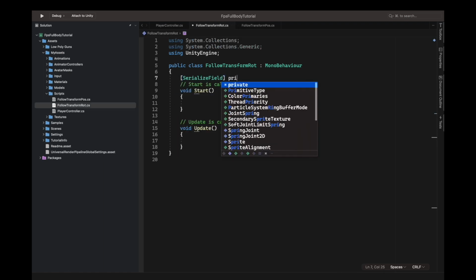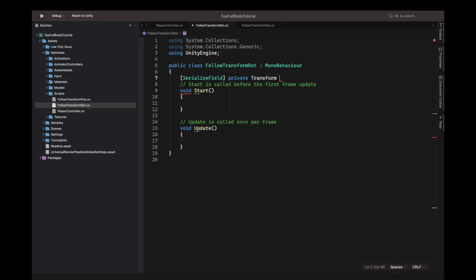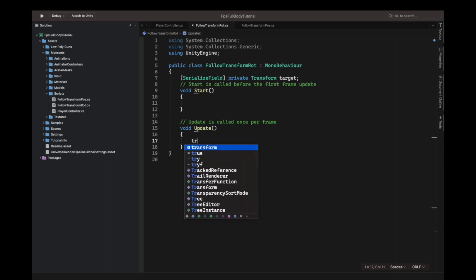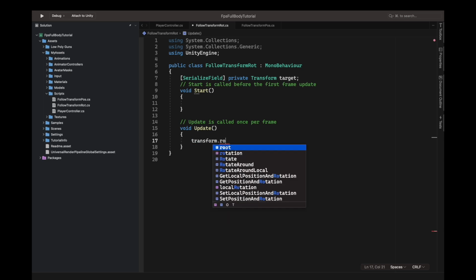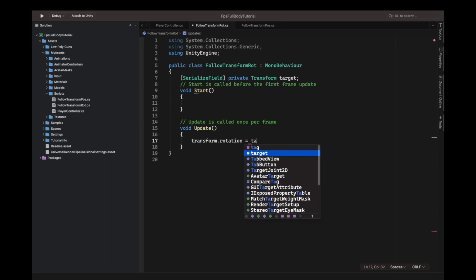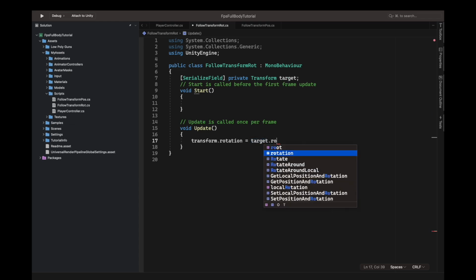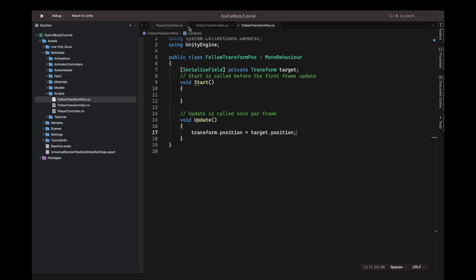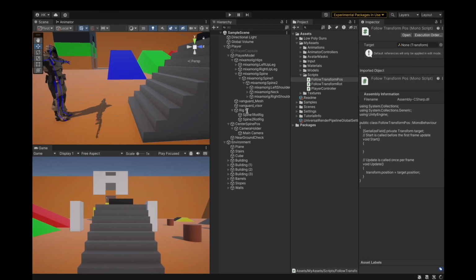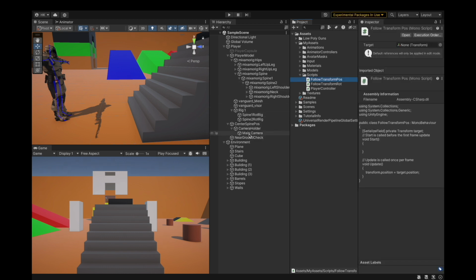Then serialized field inside the rot. So pretty much the same, but within the update we're gonna just change it a bit. So we've got the target. Now for the update, it's going to be transform dot rotation equals our target dot rotation. Now back in the editor,